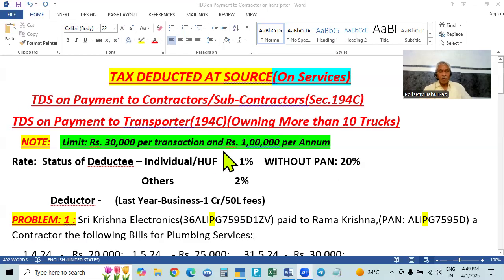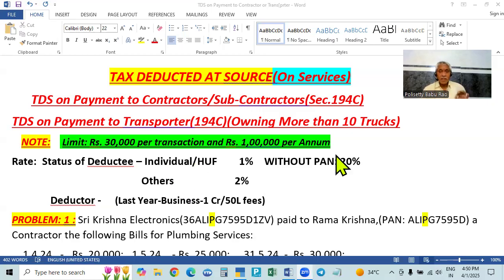Now, when making the entries, the deductor has to deduct the amount from the amount payable to the deductee. First of all, the deductor must have eligibility. There are many kinds of persons: individual, HUF and many other types.